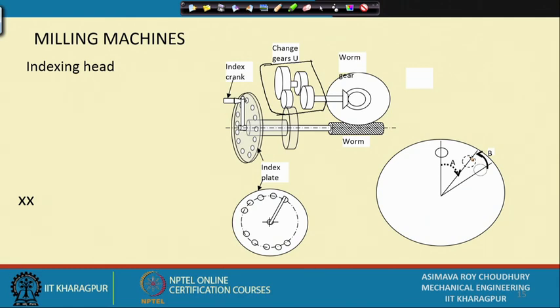But if you are making gears for say automobile gearboxes etc., you will never dream of using the milling machine. No, it should not be used. They are not very accurate. So, in the small amount of time that we have, I would like to introduce another idea, which is,